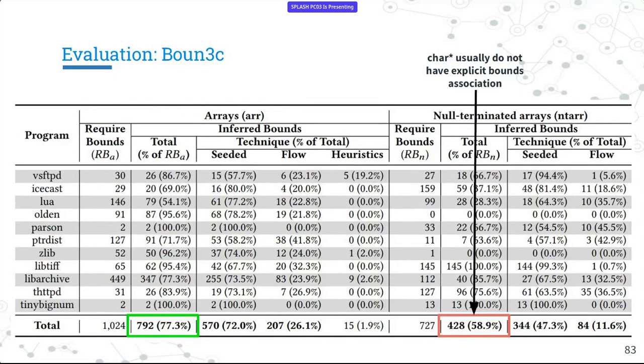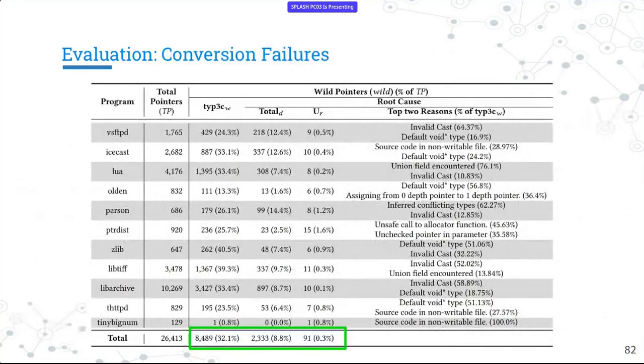I'll ask one last thing. Can you say a bit about when you can't convert wild pointers? The future work, basically? Oh, okay. So for instance, the majority of them, the major reason is actually macro expansion. We faced a bunch of issues just rewriting macros. We want to rewrite the code to be maintainable, so if a pointer is in a macro, since we cannot rewrite it, we just make it wild. So that's more of a tool issue rather than a technical issue.